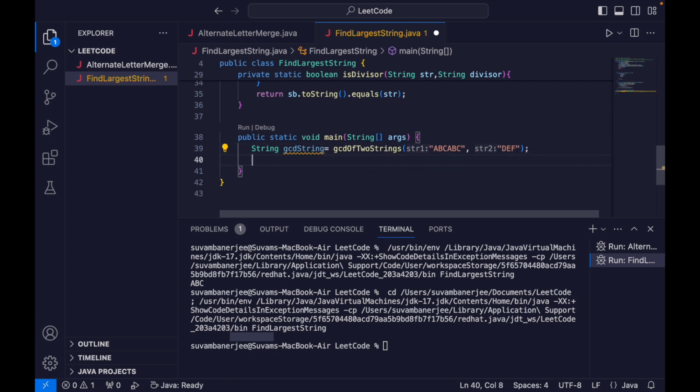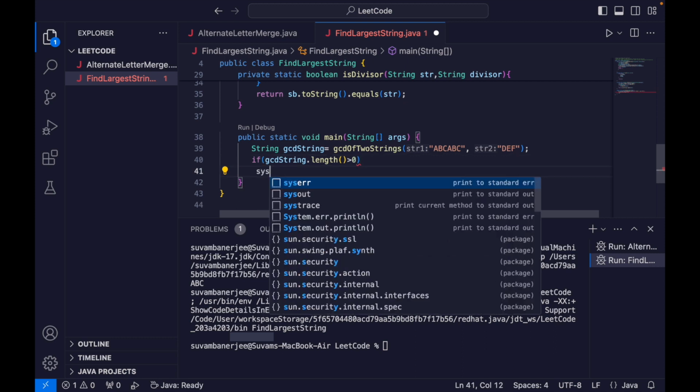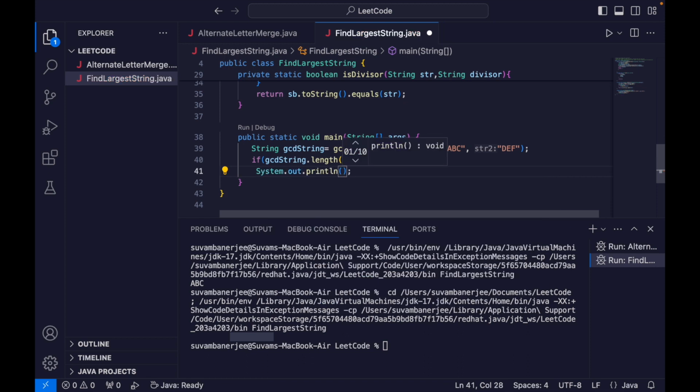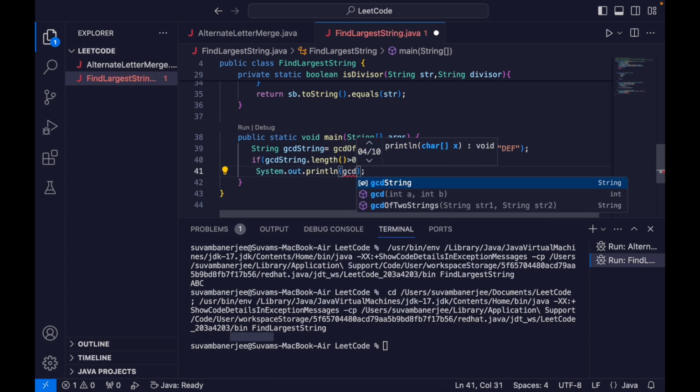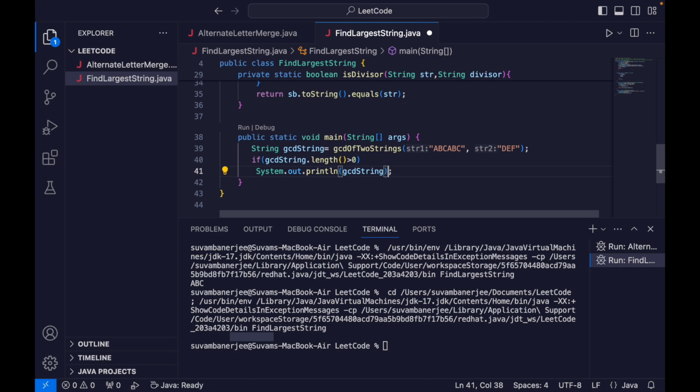Now if gcdString dot length is greater than 0, right, then sysout gcdString, right? Else